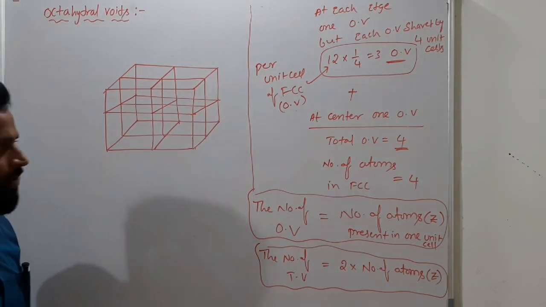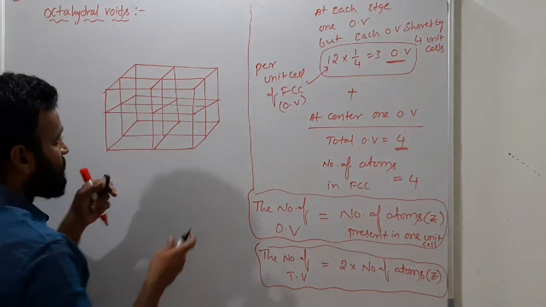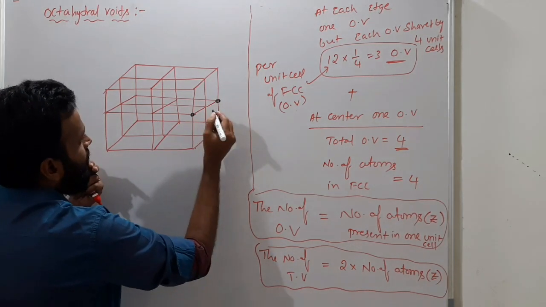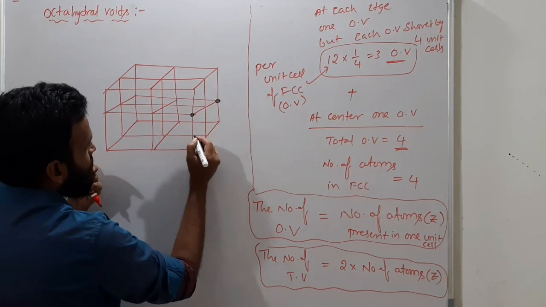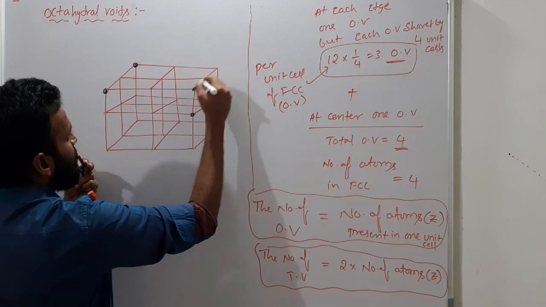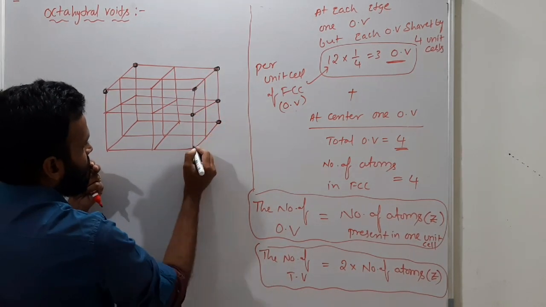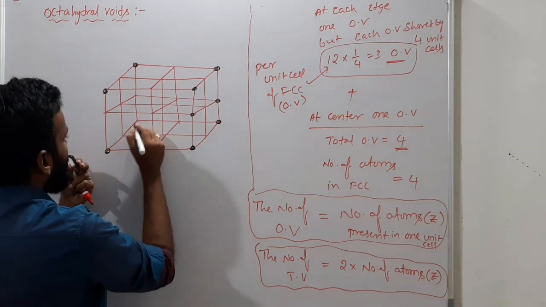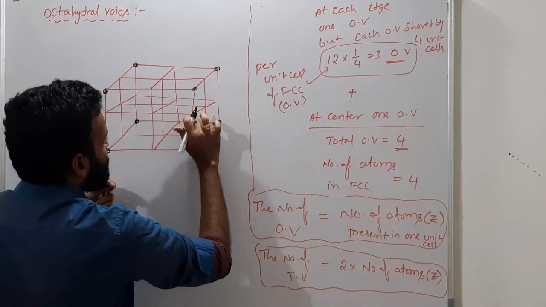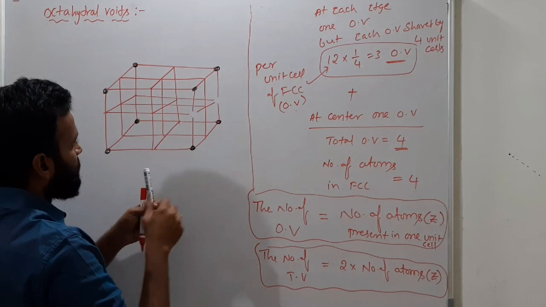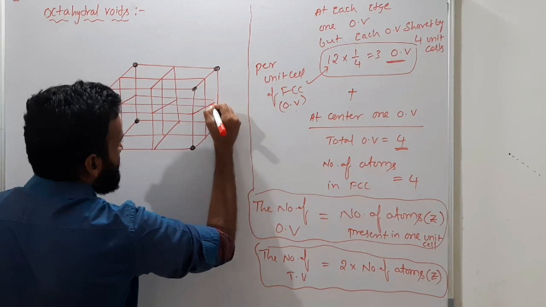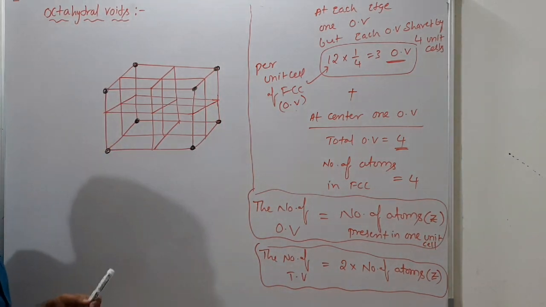Got it? Where you have atoms, let's see. The pen was not working properly, but now it's working. These are corner atoms: 1, 2, 3, 4, 5, 6, 7 and 8. So I have drawn the corner atoms. These are edge centers. Edge centers are not necessary for us, so I have no need to draw them. What I will do now is combine like this. So corner atoms here.